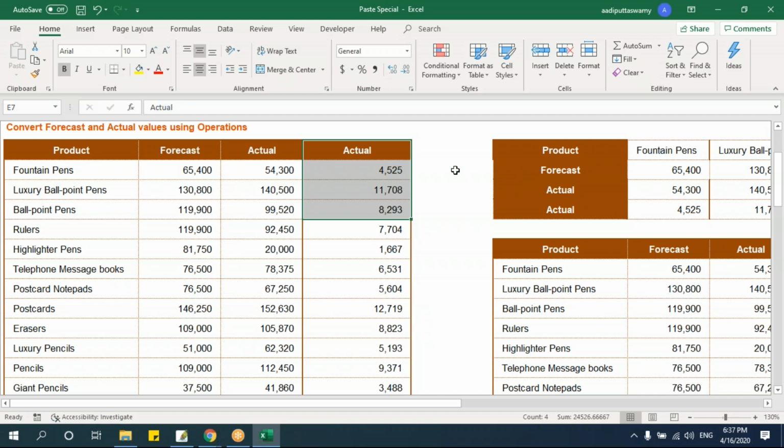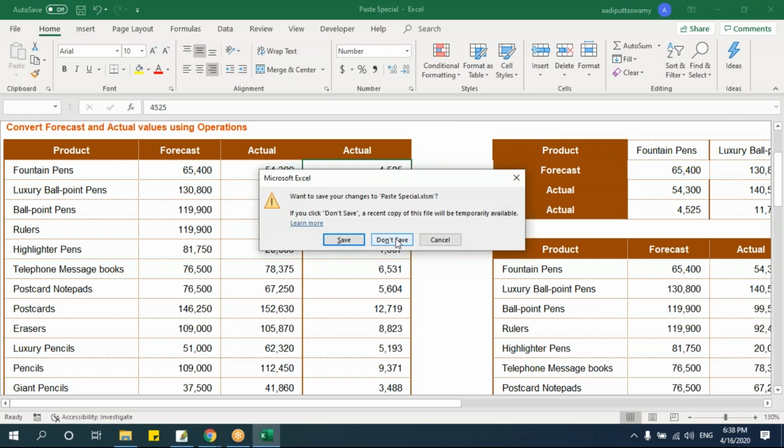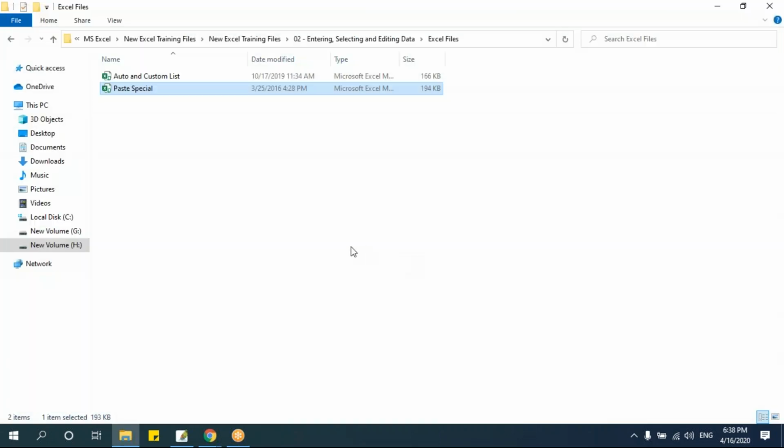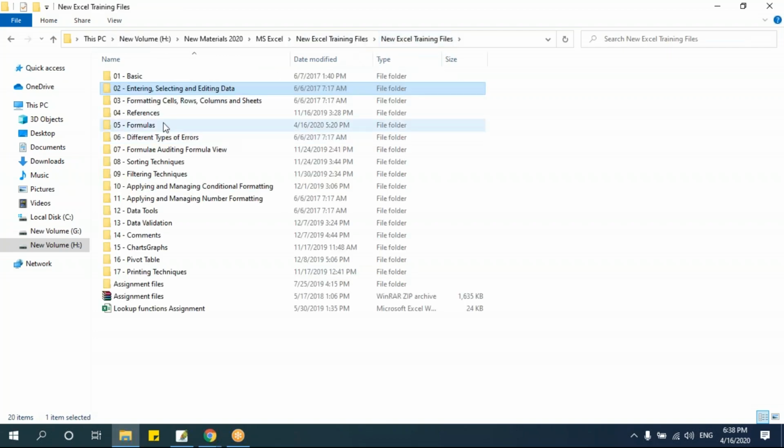Okay, fine. The next chapter is how to format the data. This formatting again is very simple. It's completely non-technical. But why should we learn? Because you have to format the presentation, or the data you're actually using, when you're giving it to your client or to your managers or to the senior members. Okay, let me just open the file here.